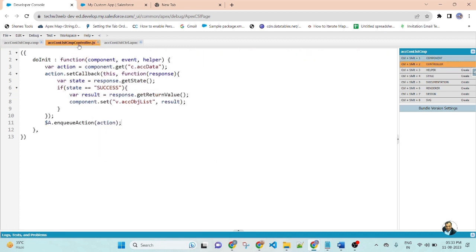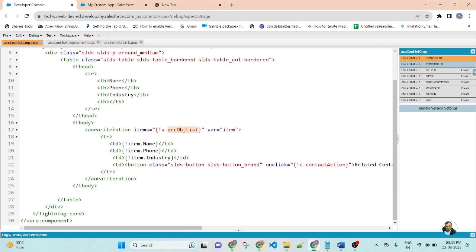This list attribute holds the result, and this attribute is called in the Aura iteration, and here is the variable item. So one by one, all of the data will be displayed inside the TR and TD. Now save the component.